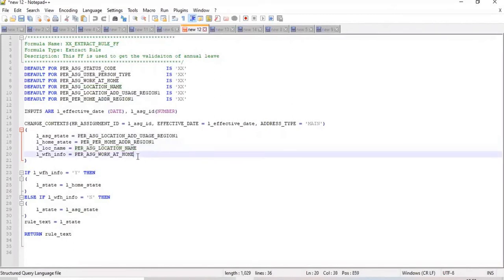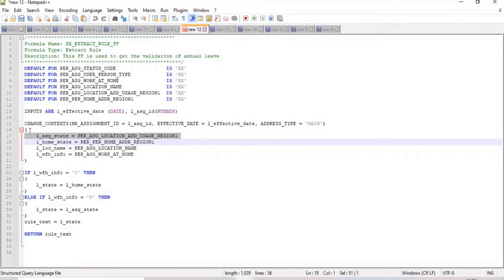How does the system know that this information belongs to which employee? That we are setting here, the assignment ID. Suppose there are 100 employees. This loop runs 100 times: first employee, second employee, third employee. It keeps on rotating and returns the values accordingly. When it is executing for me, it passes my assignment ID. When it is executing for you, it passes your assignment ID so that your values will be received into these local variables.